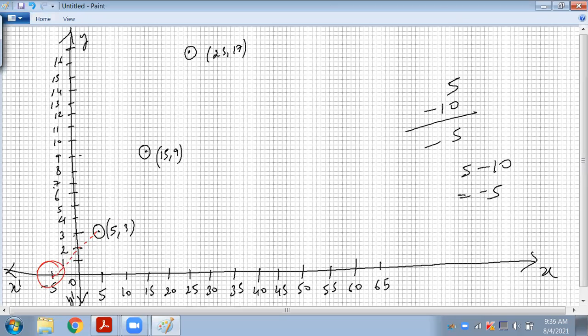Then you are going to join with a scale and with a broken line. The first point we are going to join with minus 5. Then again, first and second join it. Then we are going to join second and third with a straight line. Then you will join third and fourth, then fourth and fifth, then fifth and sixth. And the last point you are going to join